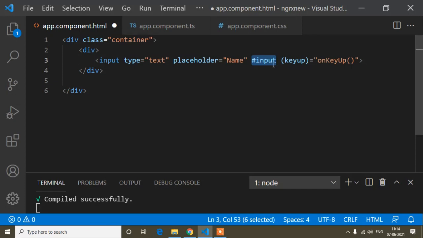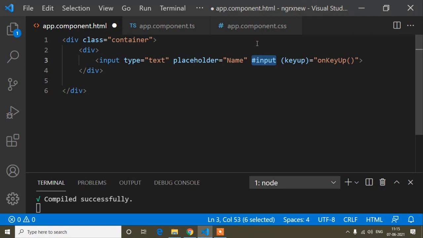In JavaScript or jQuery, we mostly write an id, and then we get the DOM, and from there we get any attribute like value, name, anything. So in Angular it's the same as id. Here we write a template-defined variable, but it's similar to id.